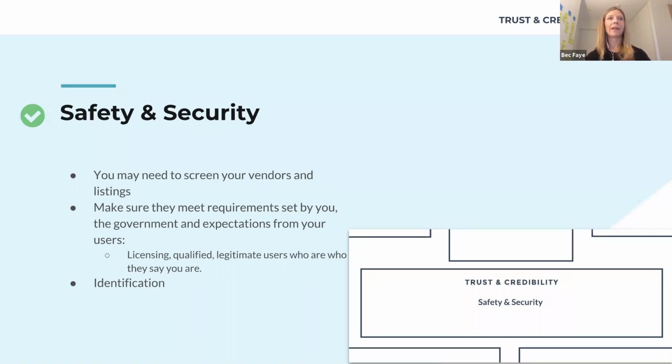Safety and security. This is a big one, particularly depending on the type of marketplace that you're running. If we look at platforms like Airbnb or Uber, where you have strangers coming into the car or into the house, how do you ensure that people are safe in that environment? They're probably the most obvious platforms that have done that, and we can see the different features that they've introduced in order to build up that security. That's always changing, and every time they come under scrutiny from things that have happened, they've had to really up their game. It's ever evolving.